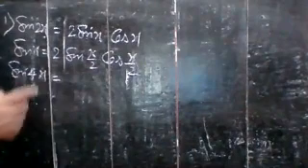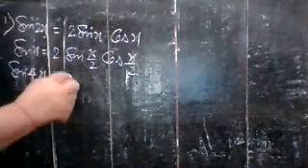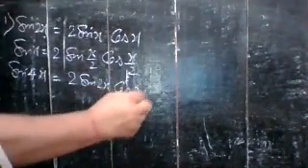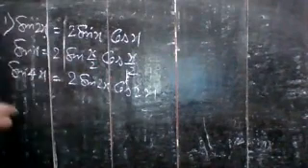In the same way, if you have sin 4x and apply the same identity, you can write 2 sin 2x cos 2x. Understand? So note all these things. That is known as the half angle relation.